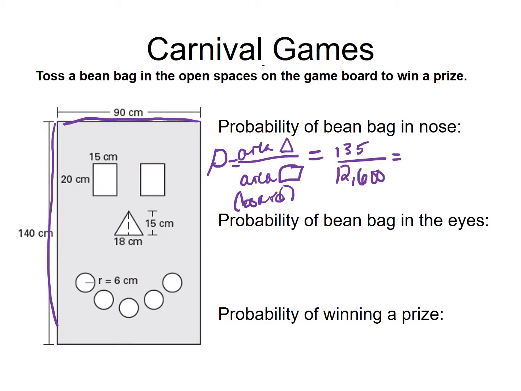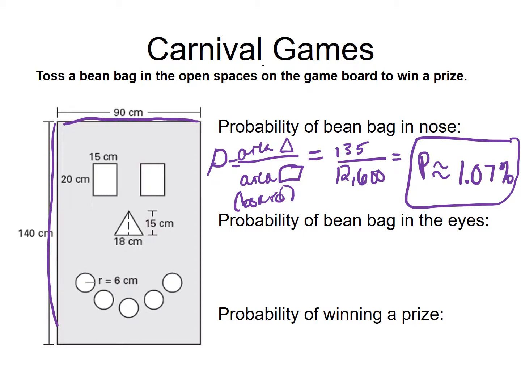12,600. And if we divide that in our calculator, we get a decimal of about 0.010714. So if we move the decimal over 2 spots, or multiply by 100, our probability is approximately 1.07%. So we have a really small chance of getting that beanbag in the triangular portion of the board, or in the nose of the